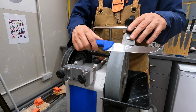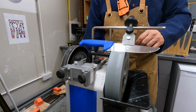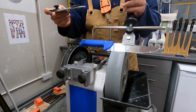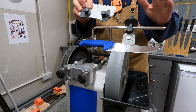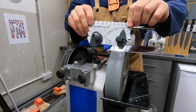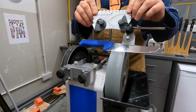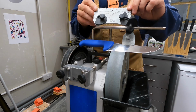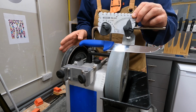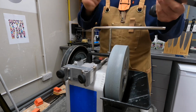You can do that with the old school Sharpie method, but a really nice and underutilized function, let's say. So, putting myself in the situation of a brand new Tormek user, I've got the T8. I'm using this Angle Master to set my angles, and I explained a little bit about how to use this in one or two videos ago. It does actually work for the leather wheel as well for honing. So with a forward vertical base, you can